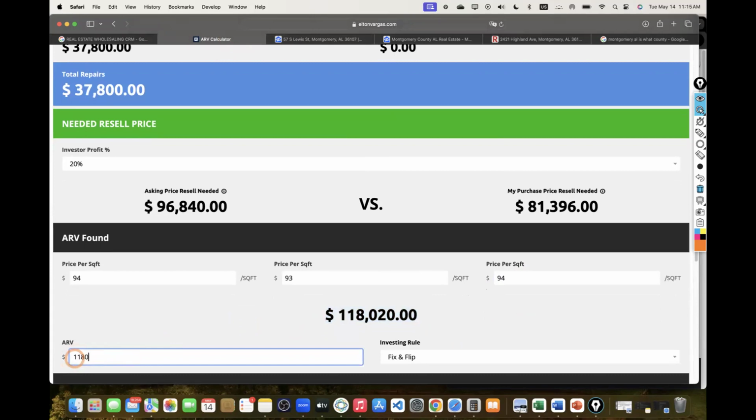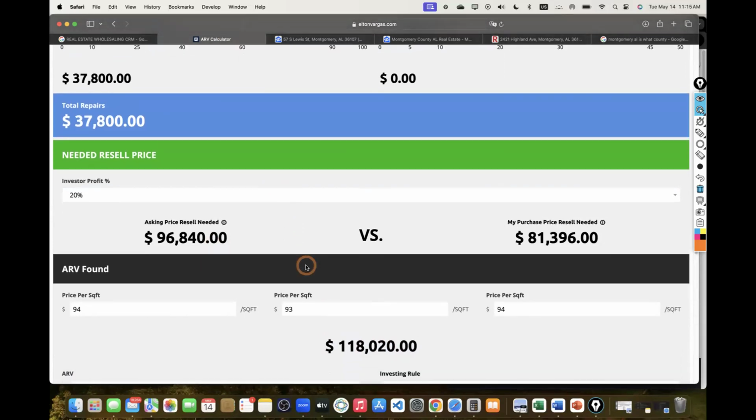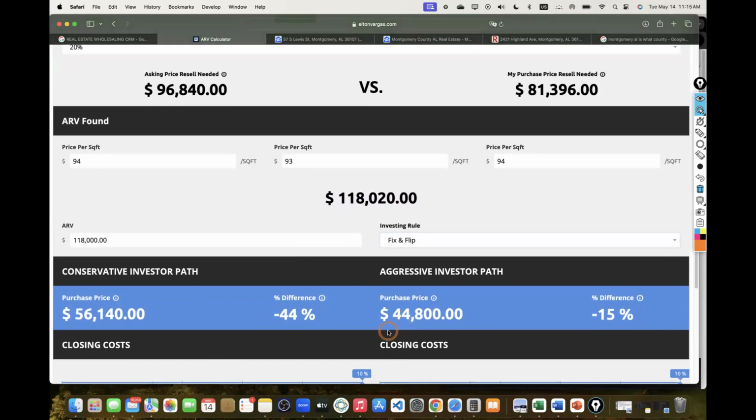That's our ARV. Again, 2 to 3 months. We can reduce the amount of repairs. Again, based on the rental, we can make it a rental as well too. So our price point, and this is a crazy thing, just based on those numbers that we got, all of them are really close to each other. Let's say I want to play it safe, like let's push it down to like 90. How much would it be if we were to sell it for like $90,000? Our worst case scenario, $113,000, so $5,000 less.